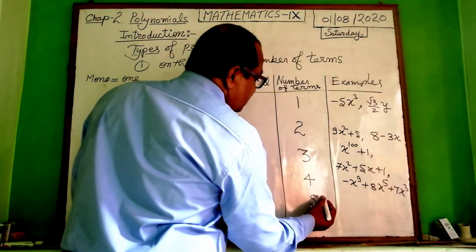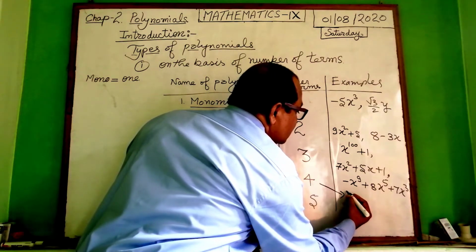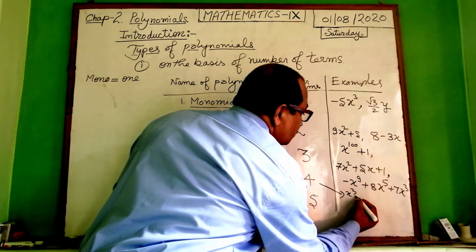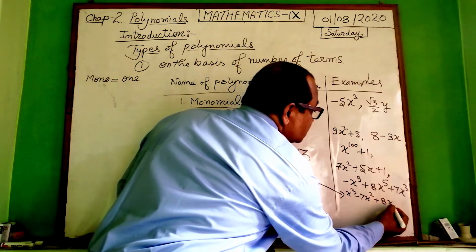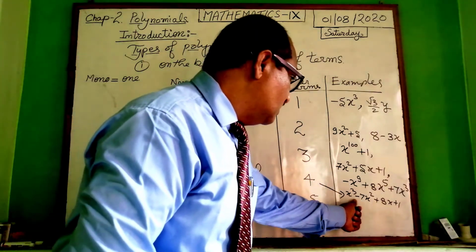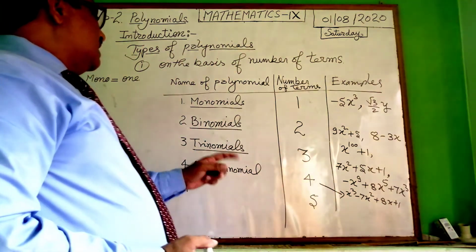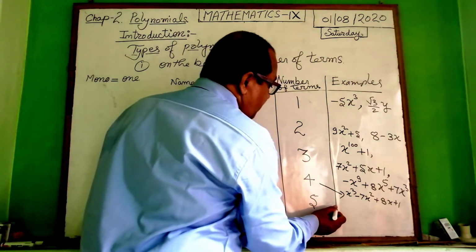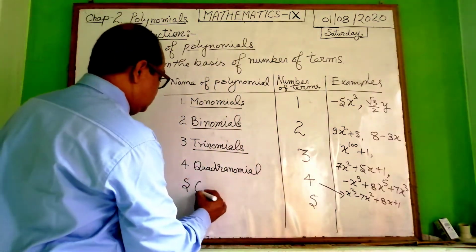You can write corresponding examples. x cube minus 7x square plus 8x plus 1. You can see how many terms are here: 1, 2, 3, 4. So it is quadrinomial. If a polynomial has 5 terms, it is known as